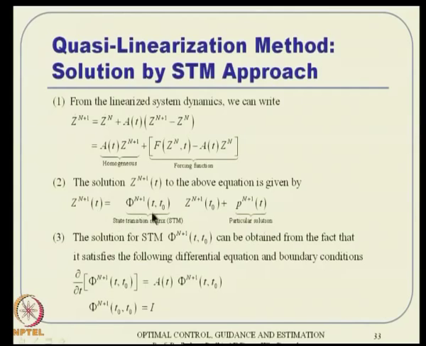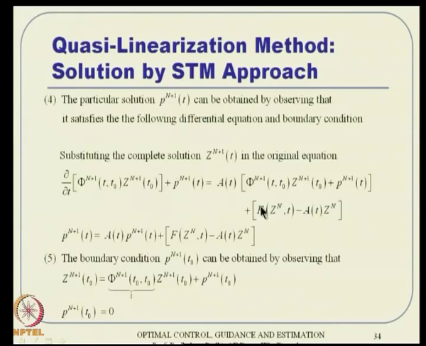Once you substitute T0, this becomes an identity, and this becomes Zn plus 1 T0, this is Zn plus 1 T0. So, this gets cancelled out, and this is left out. That is why you will get 0 basically. So, Pn plus 1 T0 is nothing but 0, and Pn plus 1 dot is available from this equation.